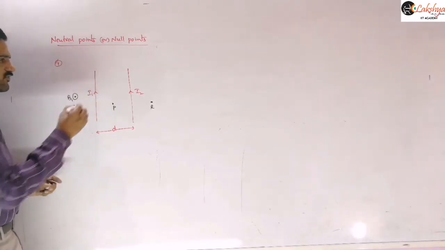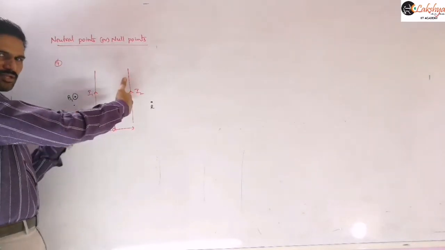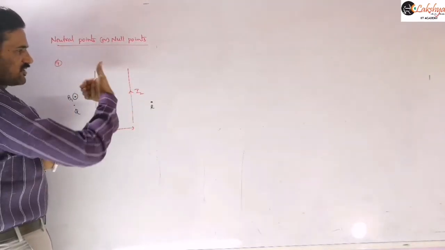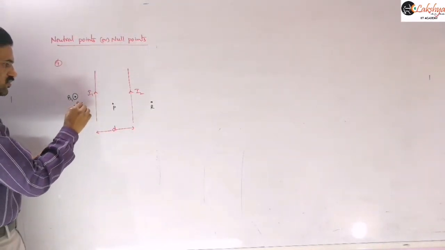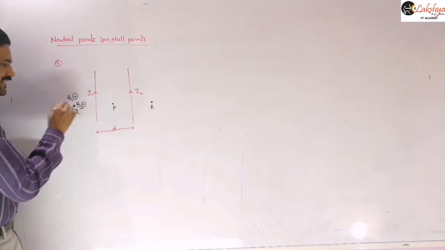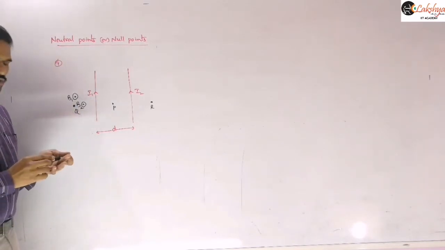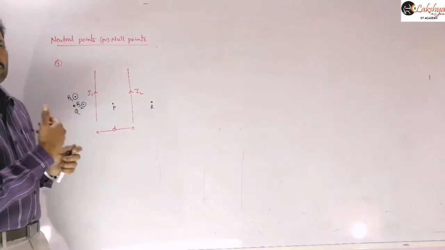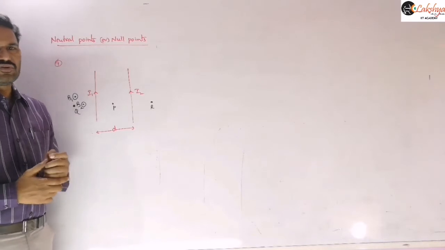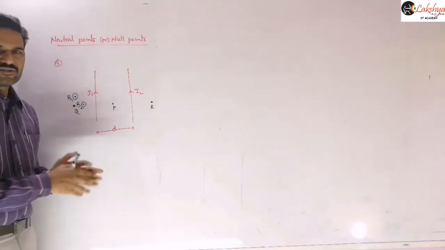Next, let us identify the direction of the magnetic field due to the second conductor at this point. The magnetic field will be out of the plane only. These lines are coming out here, so B2 is also out of the plane. Then is there any chance to get the neutral point at the point Q? There is no chance, because both wires are producing the field out of the plane only. So the field will always be B1 plus B2, and it can never be equal to 0, right? So in this region a neutral point is not possible.